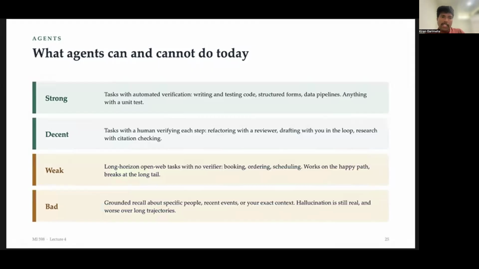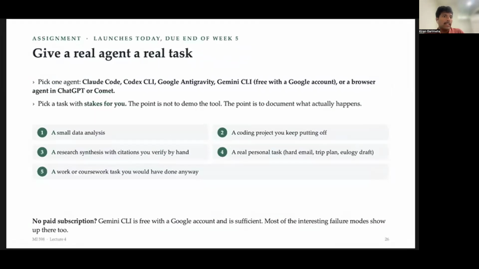And then anything that is about facts or recent events or needs some sort of context is a big problem. And we saw last week that hallucination as a thing of facts being wrong is no longer the problem, but there's a different type of hallucination where, especially over very long trajectories, the model goes and does a lot of things very wrongly.